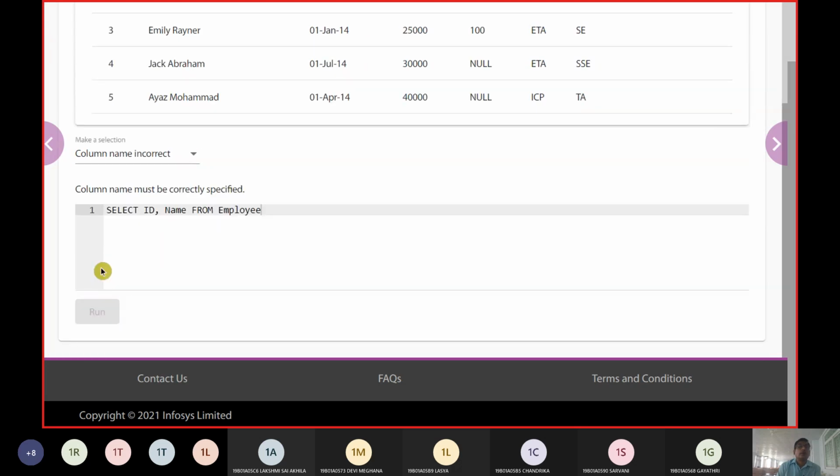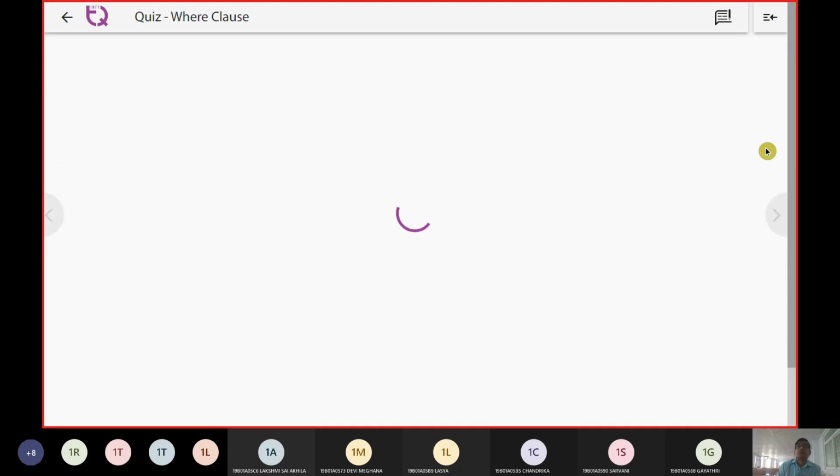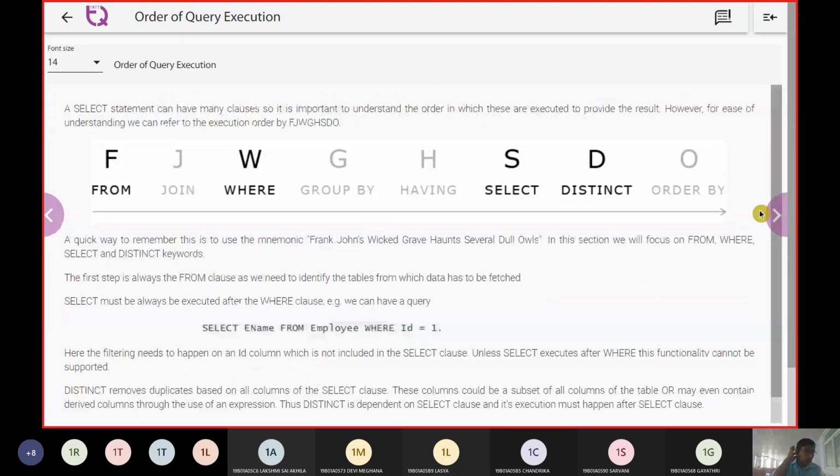Then the error says name is invalid. In this way, SQL also generates errors, and we should understand what types of errors can happen. Next, the order of execution of a SQL query.